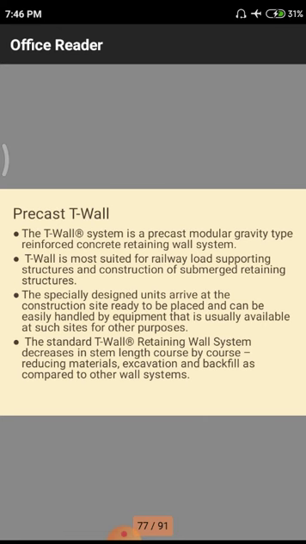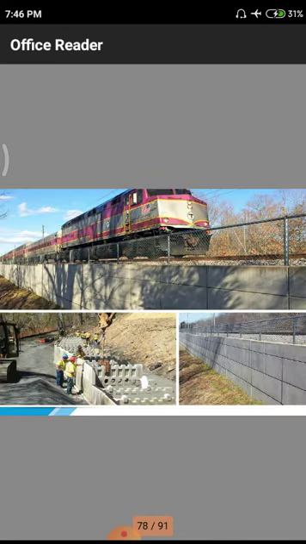Normally, for arranging a structure in the site, we have to go for some earthwork and arrangement. But here, we don't need those kinds of earthworks as in the previous structure. We have to do only a small quantity of earthwork, not a large quantity. That small quantity is sufficient for these precast walls.